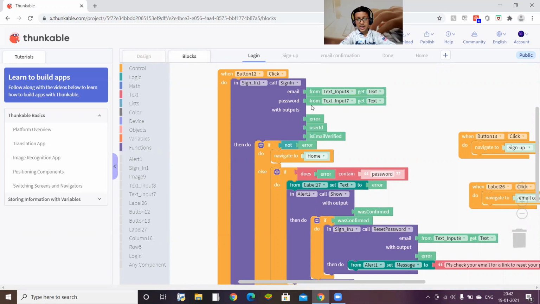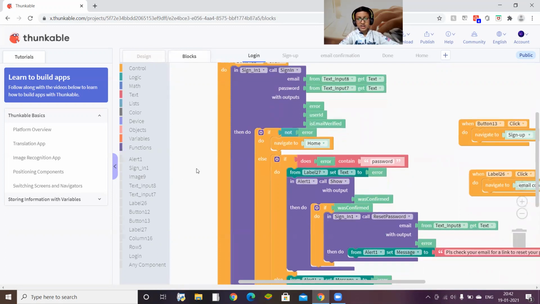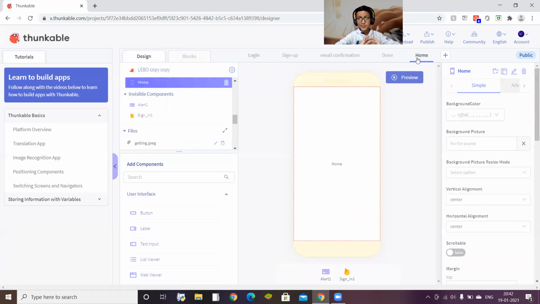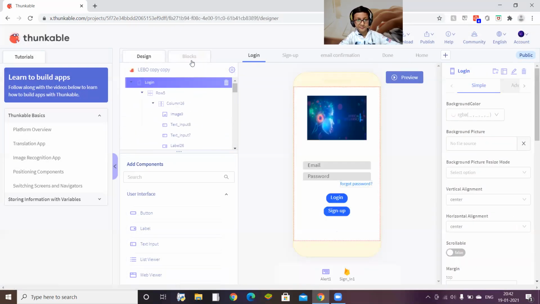Well, now we are just telling that if there is no error, it's all fine. Then navigate to home. So you have to build one more screen here, home. This will be one white screen. You have to add more features. If you're building up a company, this is your home screen, and the user will directly reach your home screen. You can add one more screen from here. You can name it home screen and you can continue.